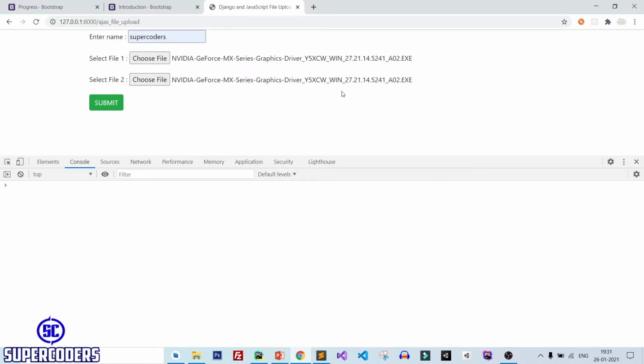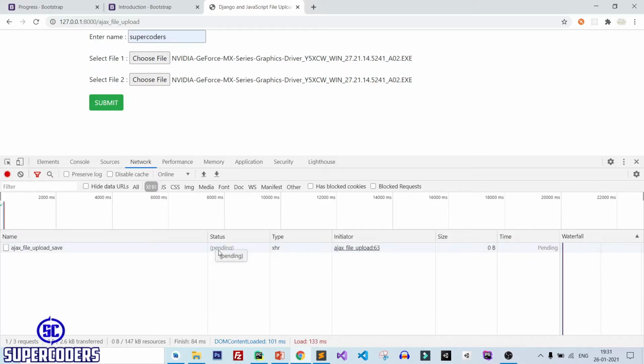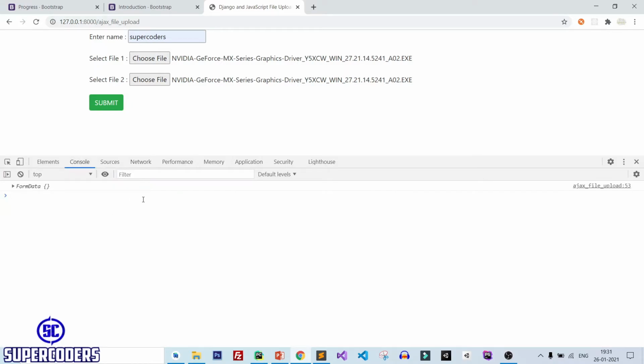Here I select the large file so you can see the progress bar. Click on submit, and after clicking on submit, nothing is happening. It's showing pending, but nothing is showing in the console.